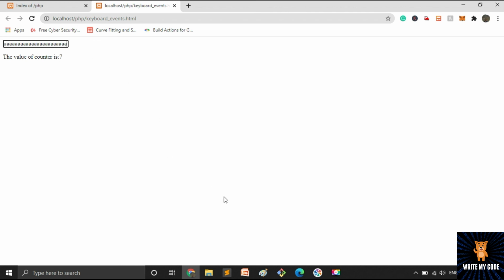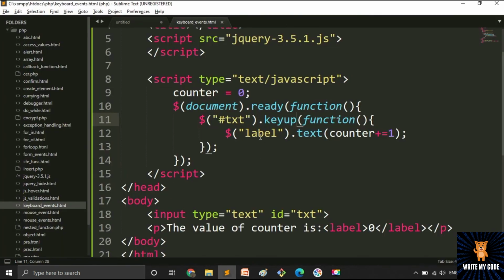So in this way you can place your code. Instead of increasing the counter, you can change the background color. You can also change the background color of your window or your text box. You can also place some emojis. You can do anything you want using these types of events, because the event is built in and you just need to place the code over here for which you want to do the task.